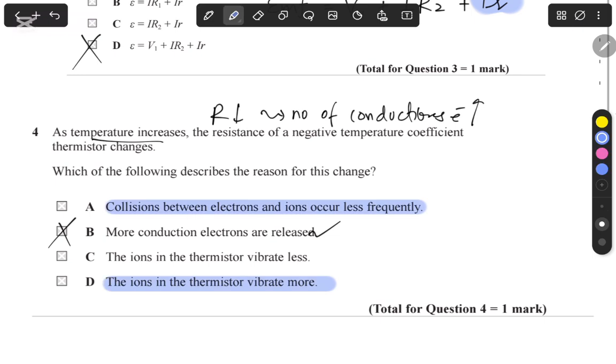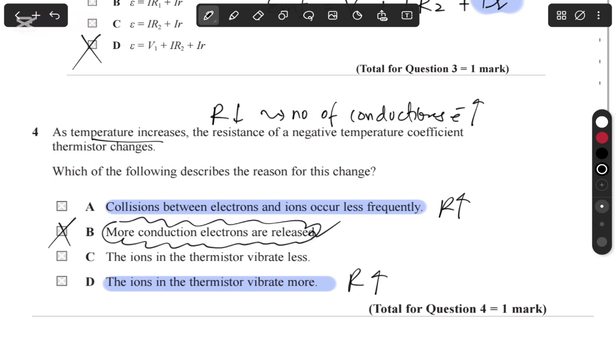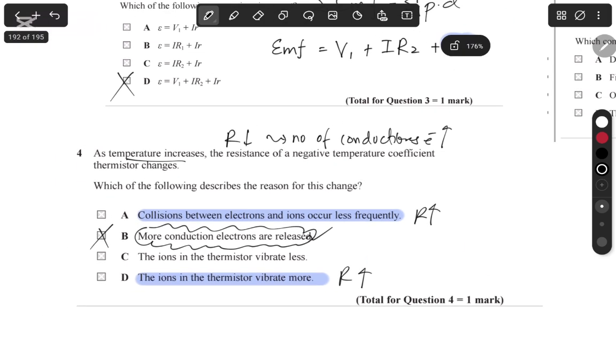Remember, A and D are correct, but they're actually going to cause the resistance to increase. Okay, and then the reason why the resistance actually is going to decrease and not increase is because of this factor right over here. Okay, so that's all for this. Let's move on to the